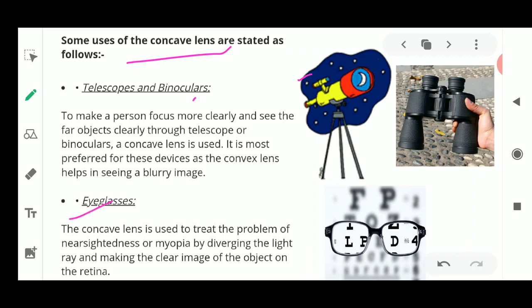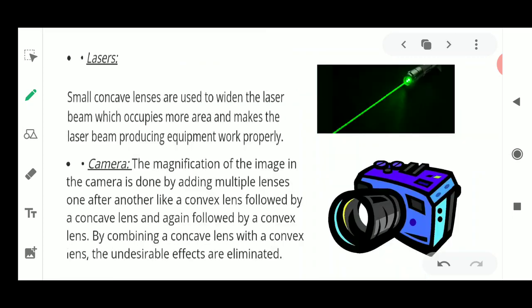So nearsightedness, short-sightedness, I'm going to discuss in the next few videos, which will be related to the colorful world, and there I'll discuss the structure of the eye, and then I'll tell you about myopia and why it is treated with the help of concave lenses. Now in this class I just wanted to tell the use of the concave lens. It is also utilized in spectacle making, and it is used for treating the illness of your eyes.